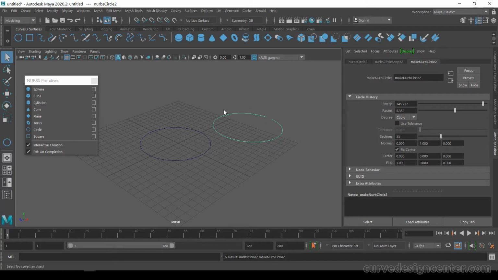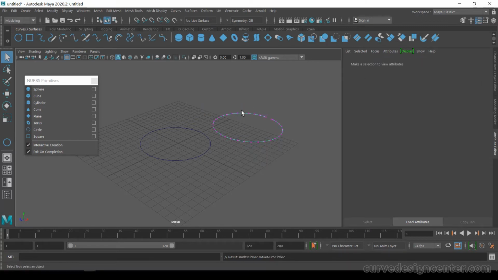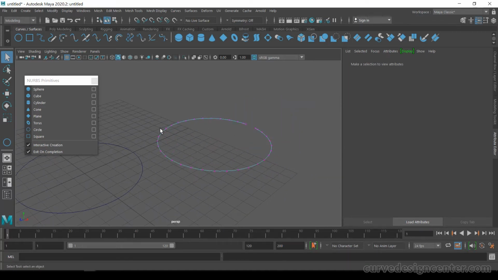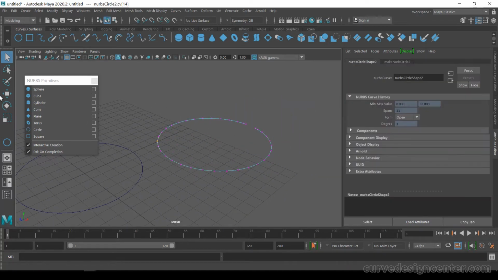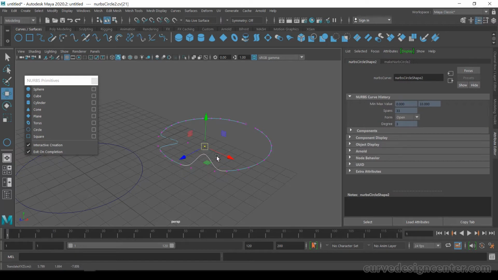Sections are control points on this curve. Right click and hold and choose control vertices. So these are control points. You can select them, choose the move tool, and modify by using these control points.